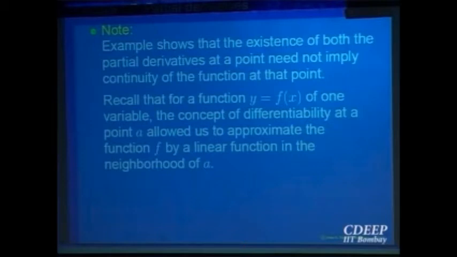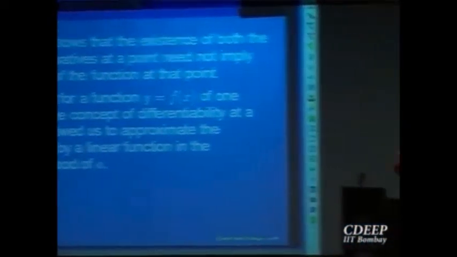But the idea is, in two variables or three variables, for example in two variables you want to draw a plane, right? You will know the plane provided you already know the point where you want to draw the tangent plane. So to know the plane, you only have to know a normal to that plane. So like for a function of one variable, to draw a tangent line, you have to know the point and the slope of the line. For a plane, you have to know the point and a normal to the plane. Then the plane is uniquely determined.